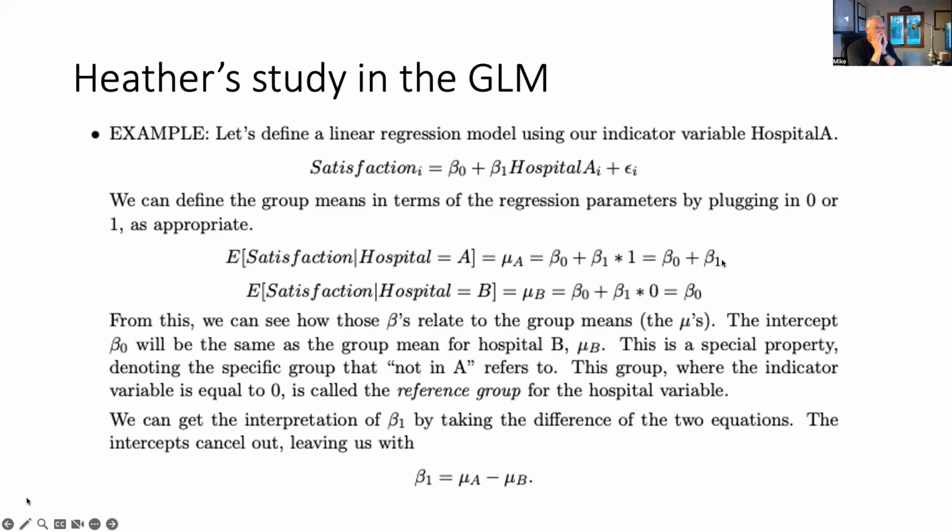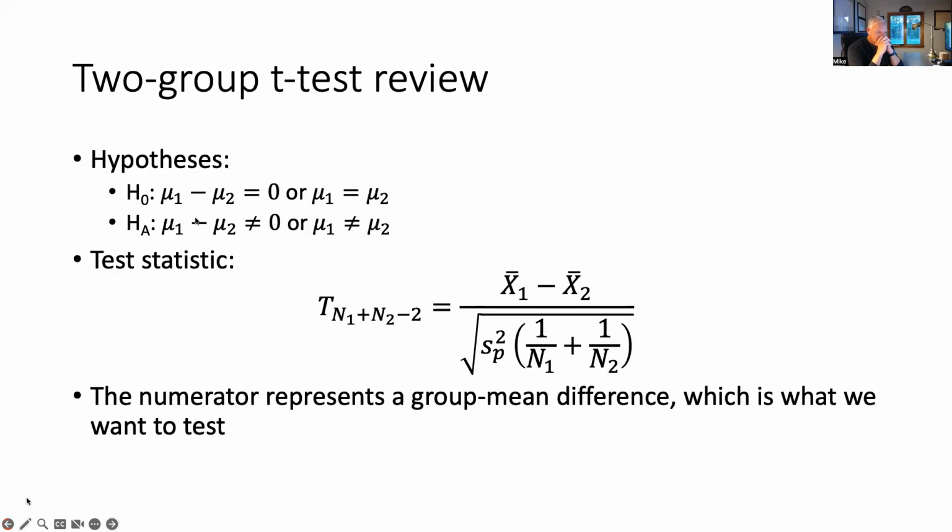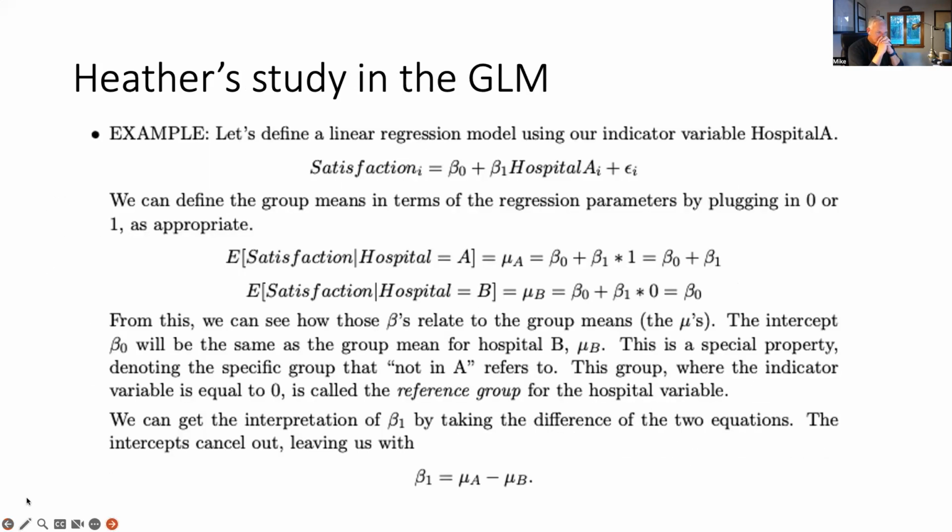If we then take the difference between hospital A and hospital B, which, by the way, is part of our t-test, right? Our t-test tests hypotheses about the difference between the means of the hospitals. Okay? So we've just seen in regression land, how do we get those means? The mean for hospital A